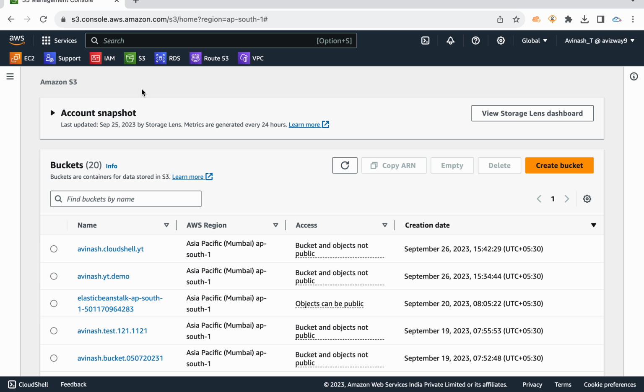So it's designed to store the data, and we can access the data from various services. Also, we can use S3 for backup purposes. If we have tape libraries or any backup software, and you want to upload or store the backups somewhere else, you can use the S3 platform. That is the primary purpose of S3.